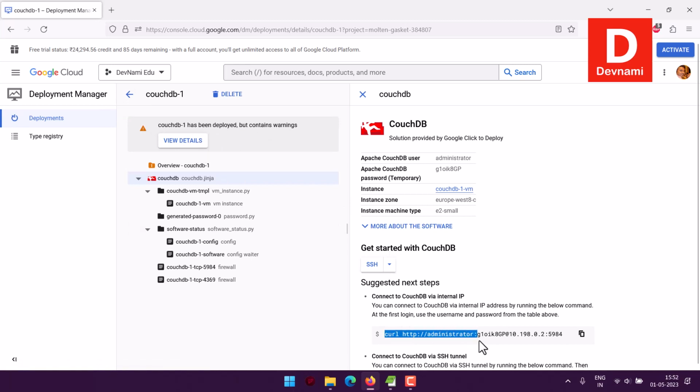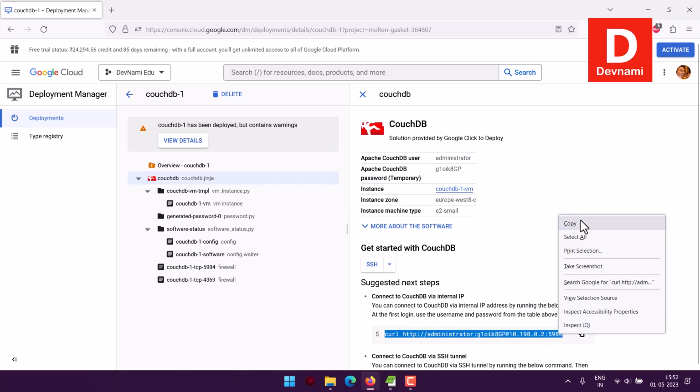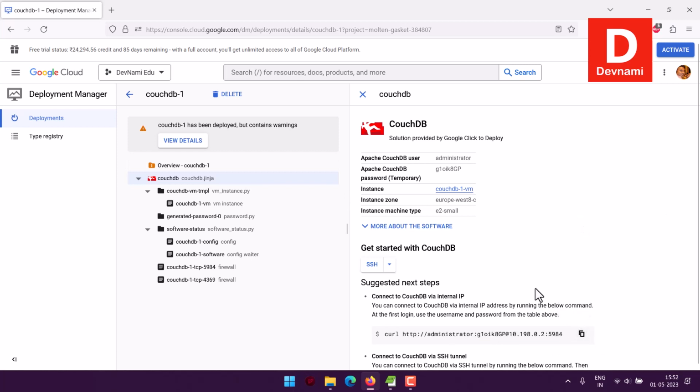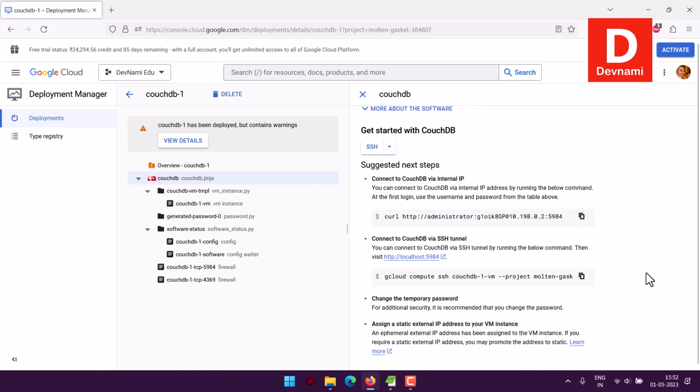However, we will first go to this particular URL. So we'll copy this, and as you can see, you can also use SSH tunnel. For that you can use gcloud. So I will copy this, right? And here the first thing we will do is,